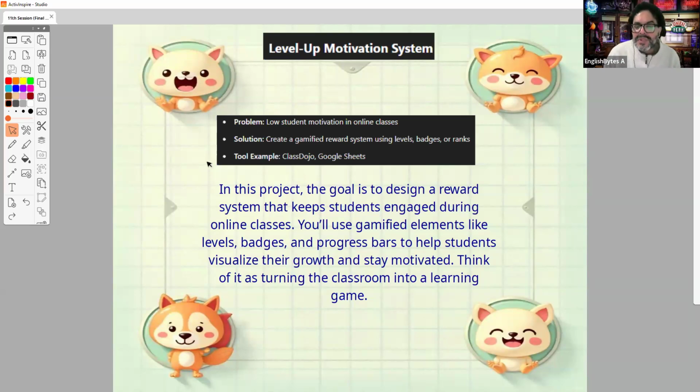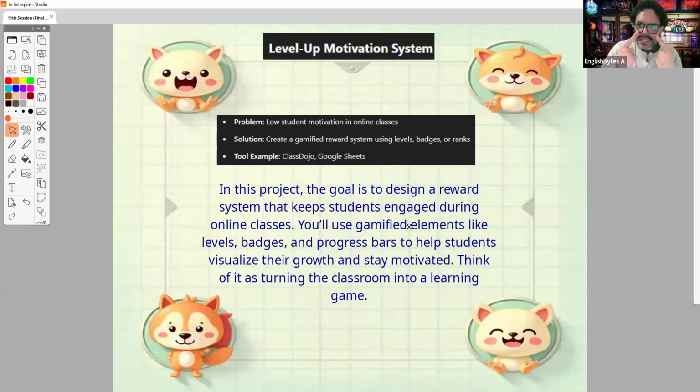Now, what can you create? This is the first idea for your final project. A level up motivation system. What could be a possible solution? A gamified reward system using levels, badges, or ranks. Basically, something like you find in Duolingo, similar to quizzes that give you, like, first place, and some prizes if you answer. So with gamified elements that we worked with during this subject,